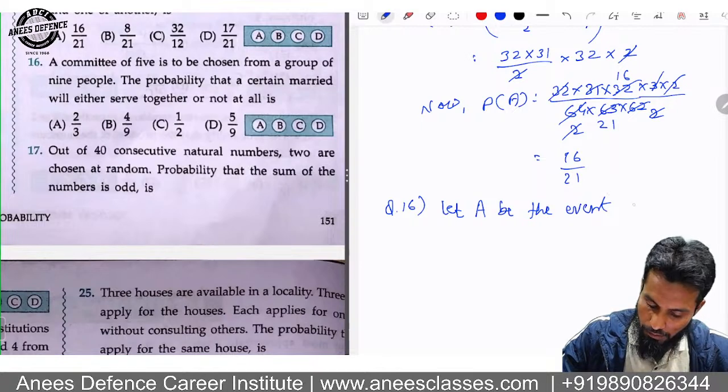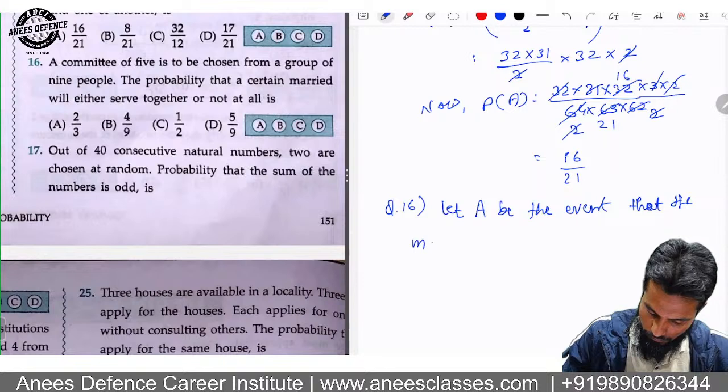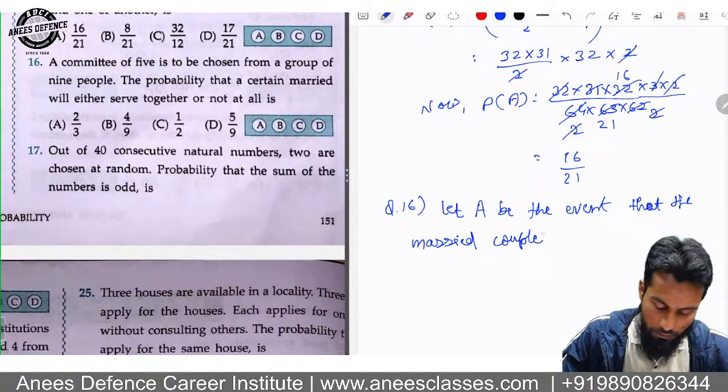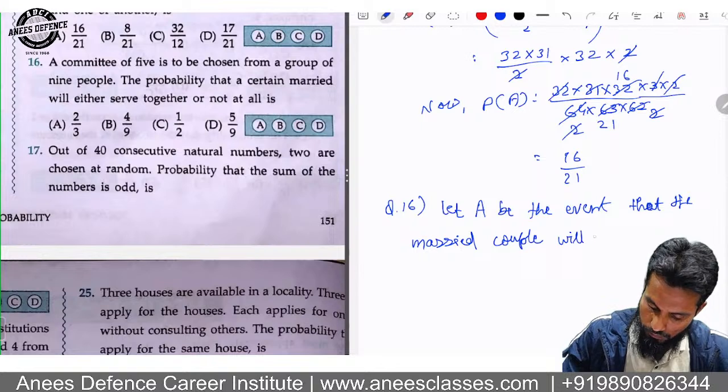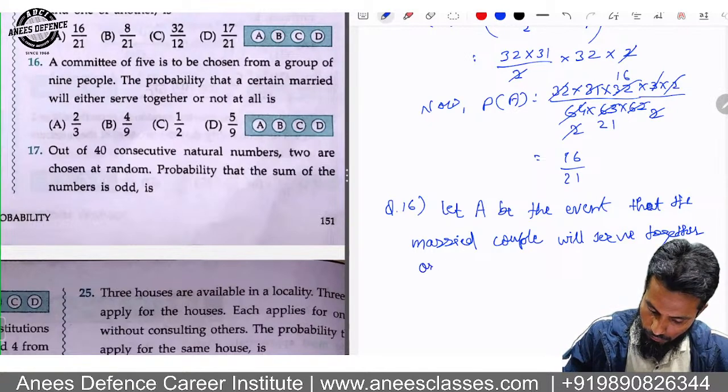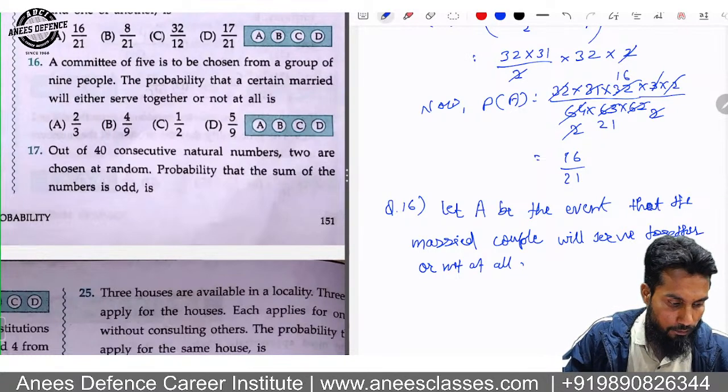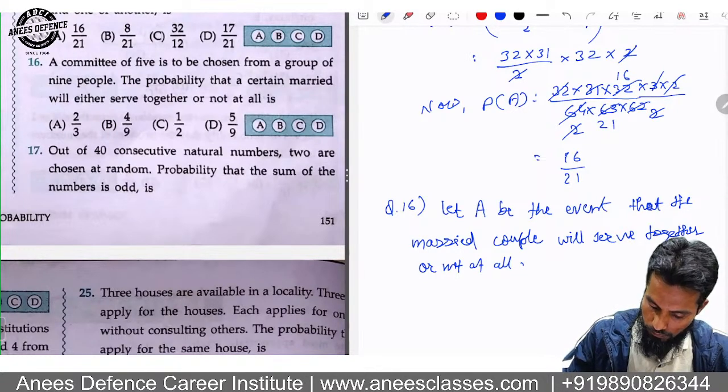Let A be the event that the married couple will serve together or not at all. Either both of them will be together, or they will not come at all, neither of them will come. This is represented by event A. If they serve together, now